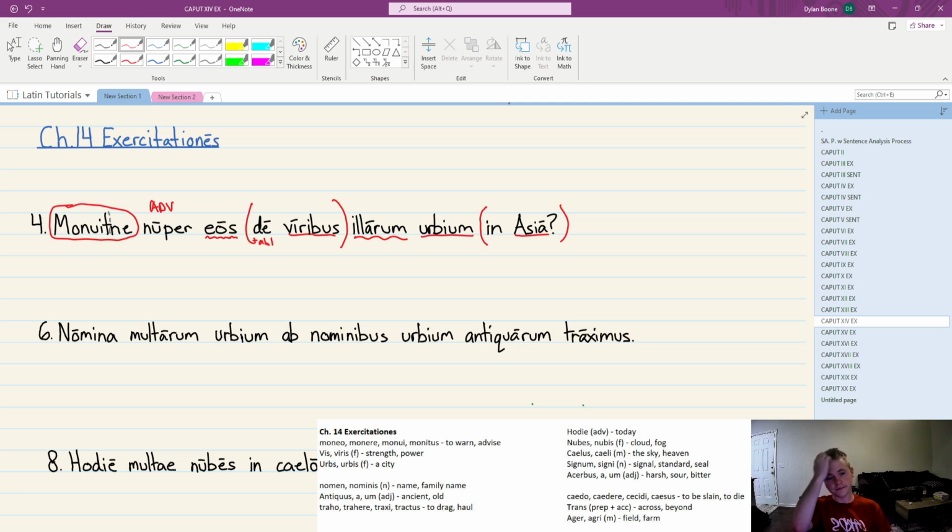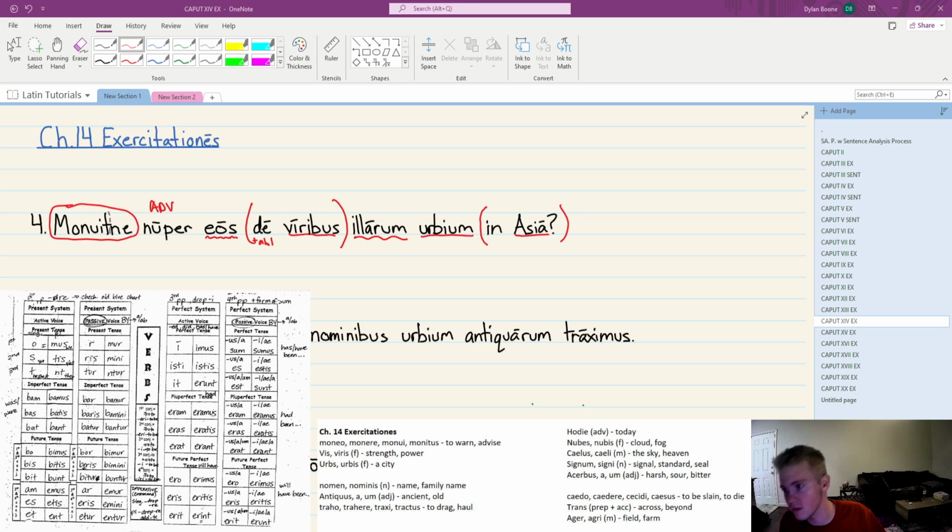Okay. So starting with our verb. Monuit comes from moneo, monere, monui, monitus. So you can see that we've taken monui, dropped the i, and added -it. So where are we on the verb chart? Well, we're in the middle, right? We've taken the third part, dropped the i, added -it, so we're at monuit, and that gives us perfect tense, third person singular. Easy.